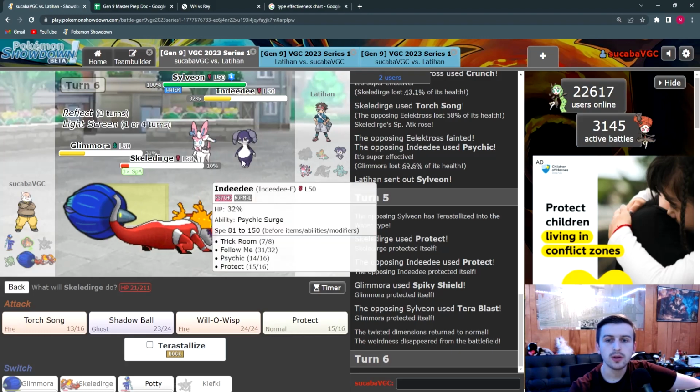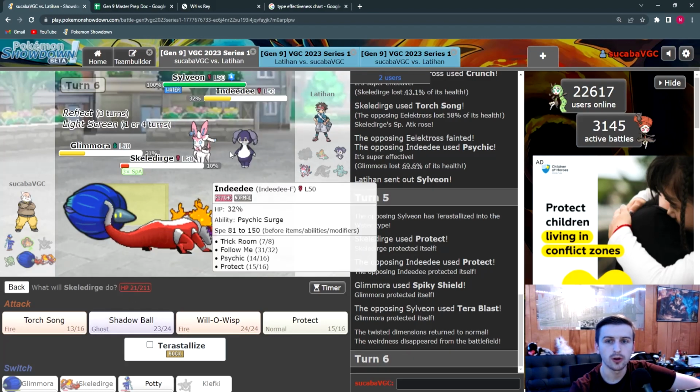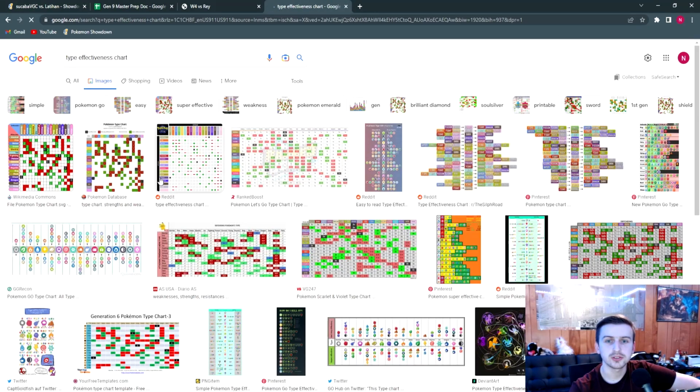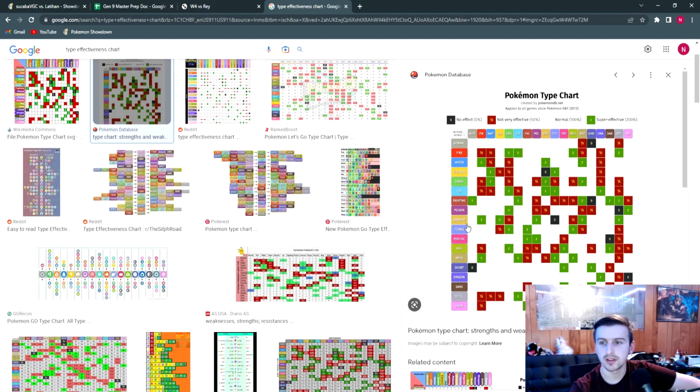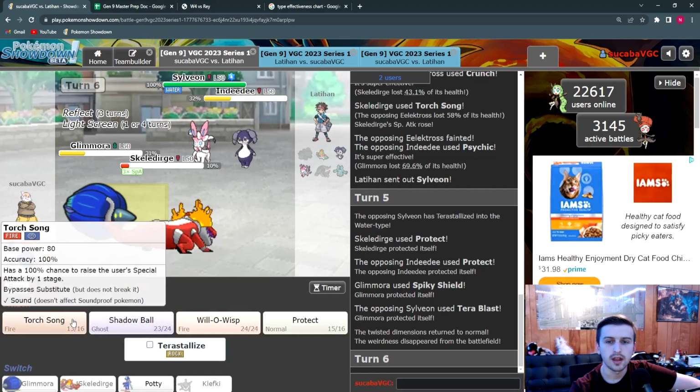Okay, so I think I'm going to take out the Indeedee first because I'm pretty sure I'll outspeed it with Glimmora. Now let me just double check my type effectiveness chart here to make sure that Poison isn't half effective against Psychic. I don't think it is. Yeah, so I should be fine to just Sludge Bomb it. So Sludge Bomb and then